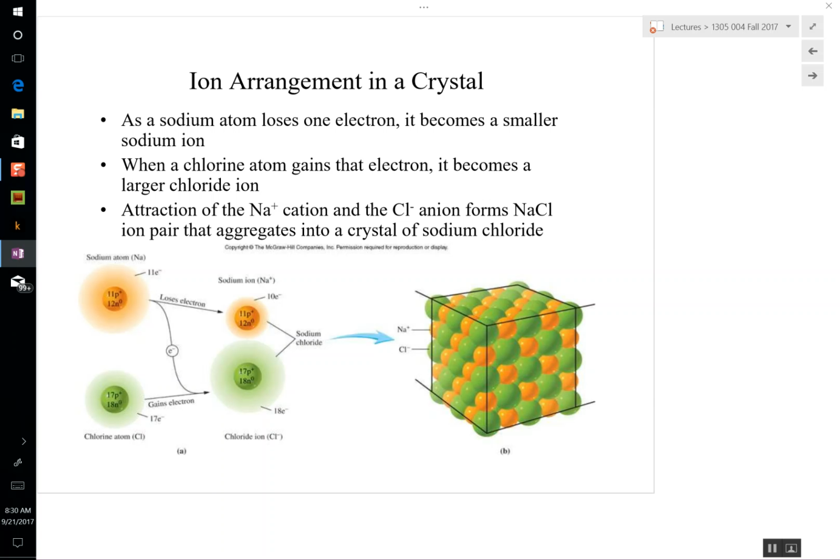Here's your chlorine atom. It gains an electron and becomes a chloride ion. The anion is always bigger than the atom it was made from. It's gaining an electron. This is losing an electron, so that makes sense. Losing an electron gets smaller, gaining an electron gets bigger. And here it is. Here's our sodium ions